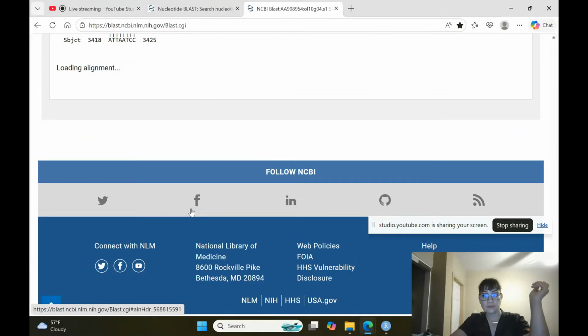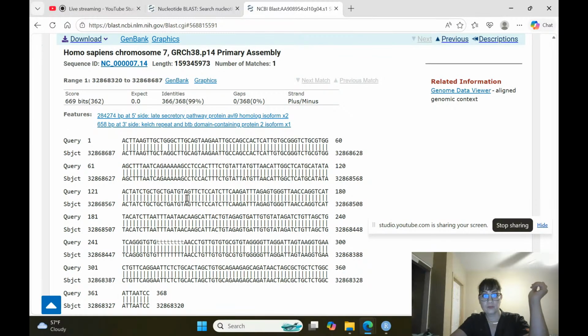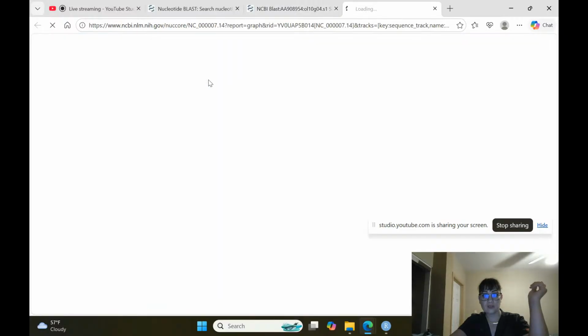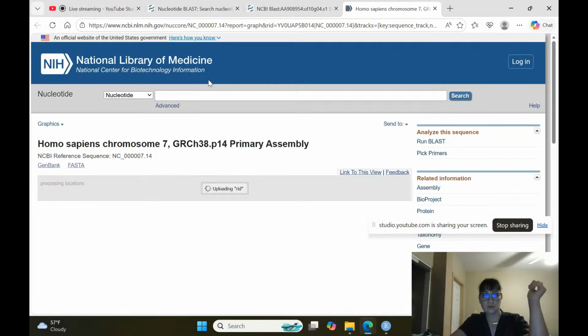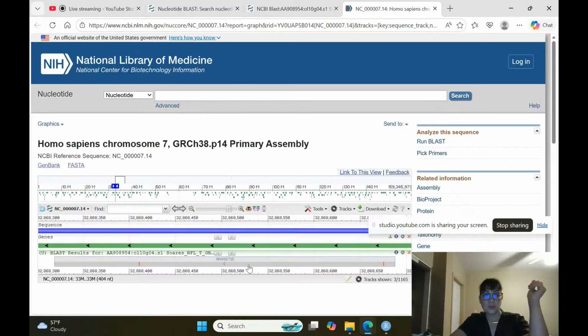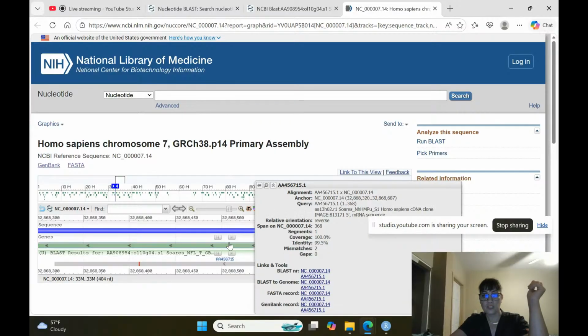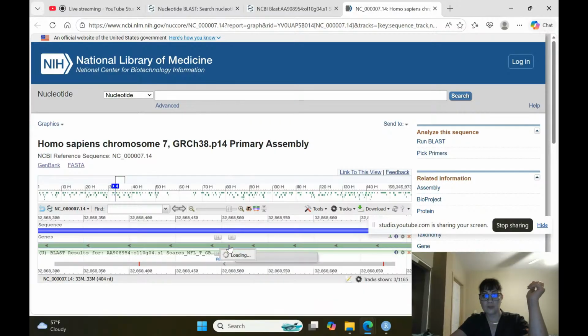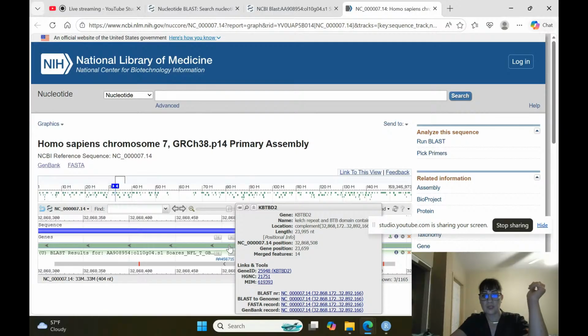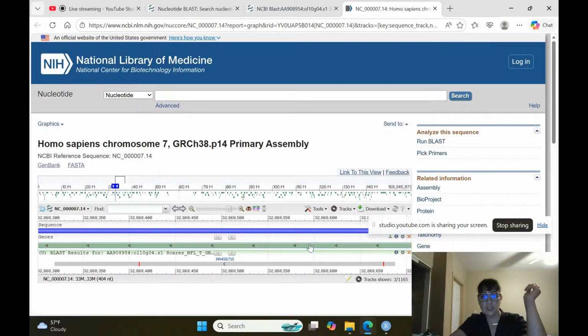Chromosome 7. Going to the graphics. Here we are. One gene. It's on the forward strand. KBTBD2. KBTBD2. And that stands for